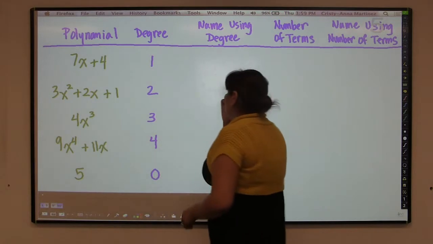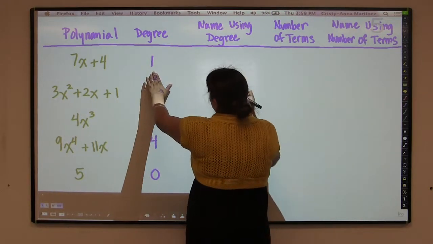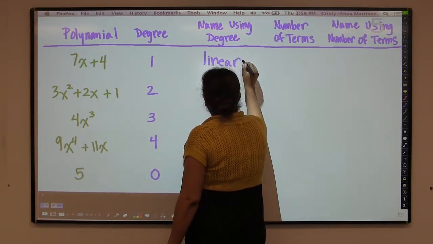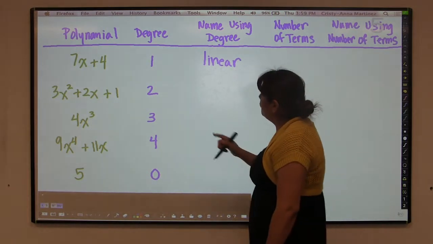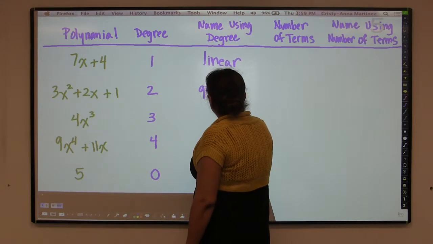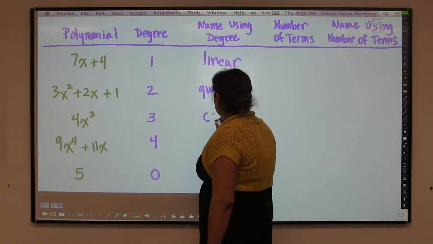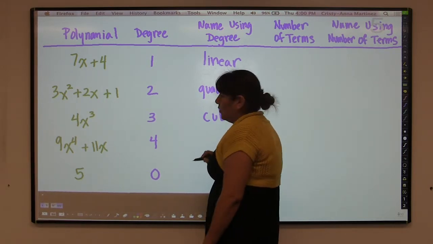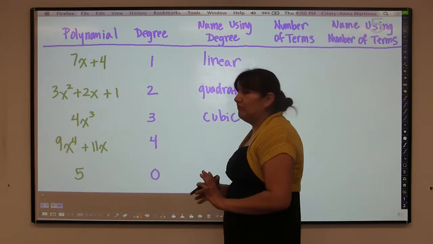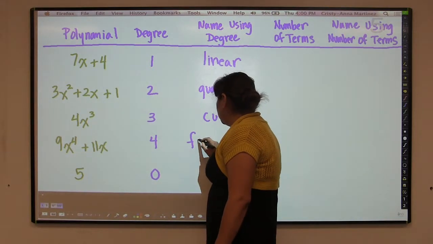And then we have names for these degrees. If you have a degree of 1, you're considered to be linear. That's the name that we give you, linear. If your degree is 2, then we call you quadratic. If your degree is 3, we call you cubic. Okay? And if your degree is 4, at that point, we don't have names anymore. So at that point, you just call it 4th degree. I know it's not very fancy, but